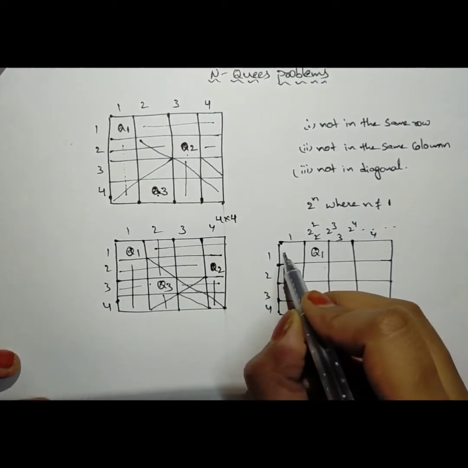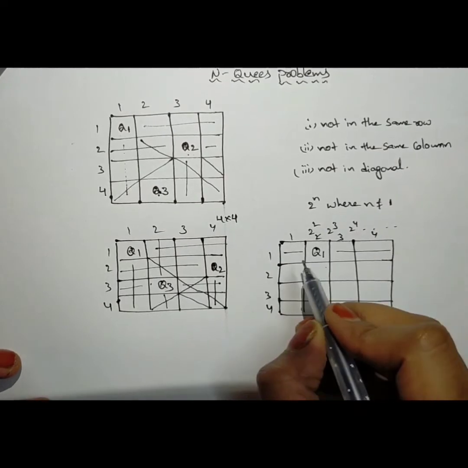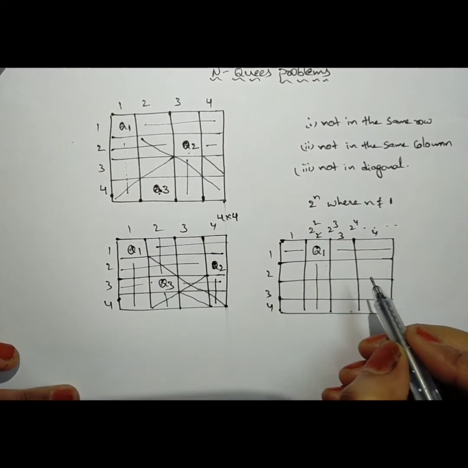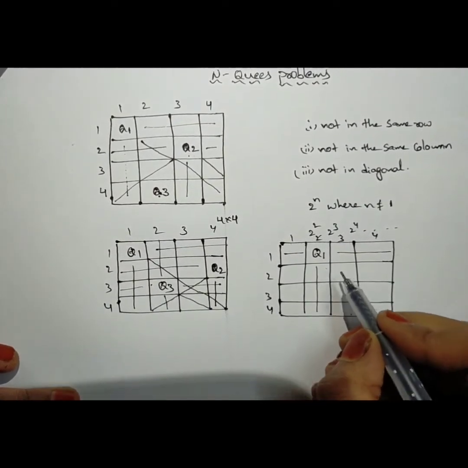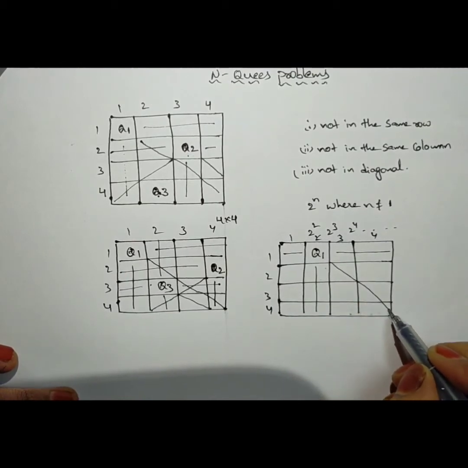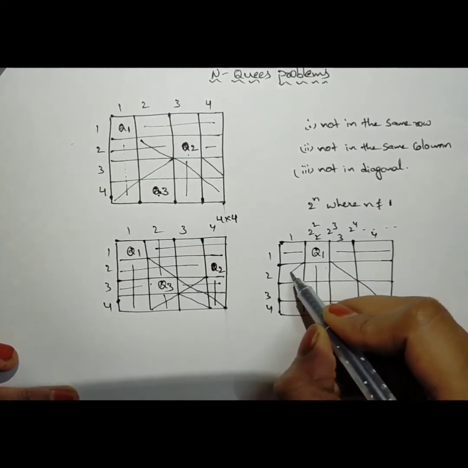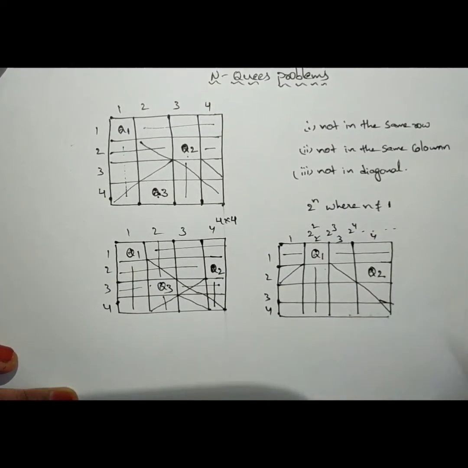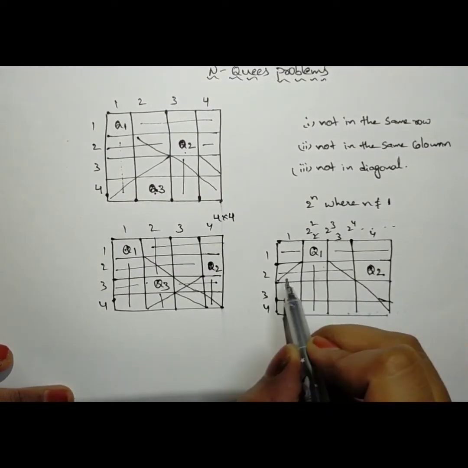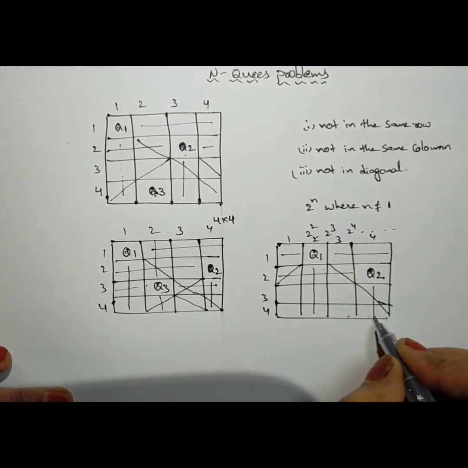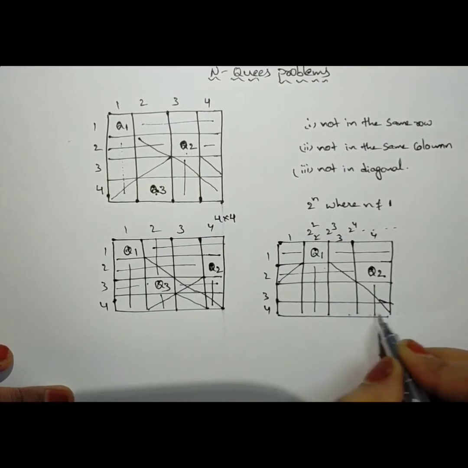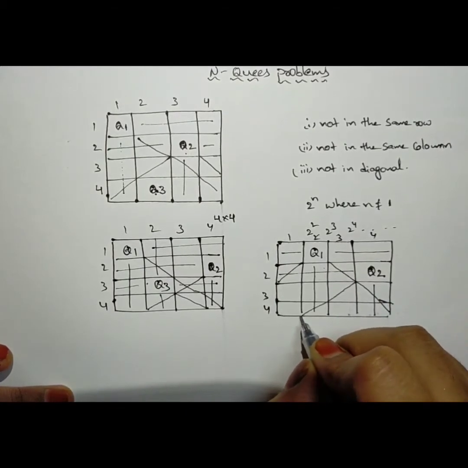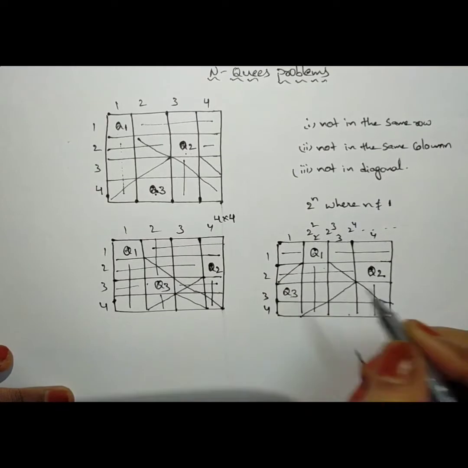As we have placed Q1 here, you are not supposed to place Q2 in these cells as it is representing the same row, and here also there is no possibility of placing the Q2 as it is representing the same column. Here also you cannot place as these represent the diagonal ones. So I have placed Q2 in this cell. Q3 cannot be placed here as it is representing the same row. Here also we cannot place Q3 as it is representing the same columns, and here also we are not supposed to place Q3 as it is representing the diagonal cells. So I am placing Q3 here.